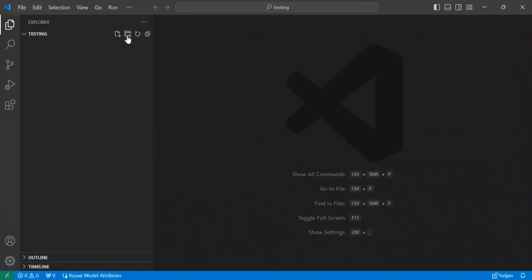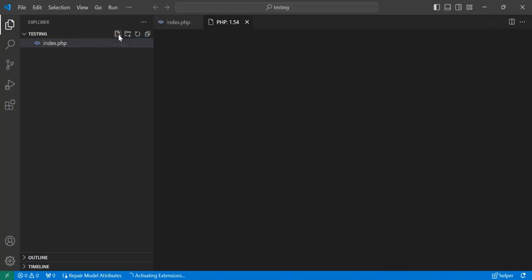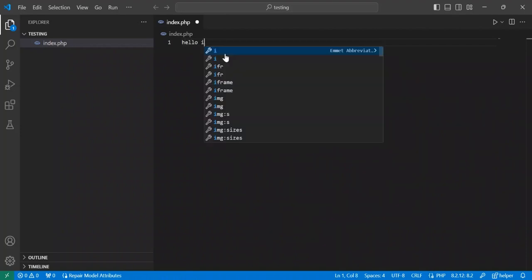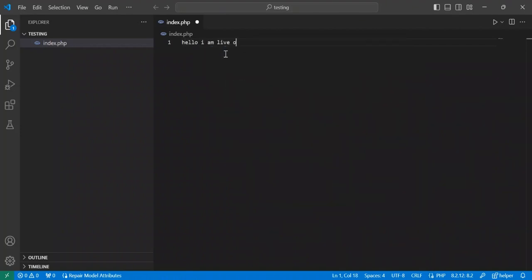Inside the testing folder I'm gonna create a new file index.php, and here I'm gonna write just a dummy text. So I'm gonna write the text here: I'm live on public internet. Okay, save this file